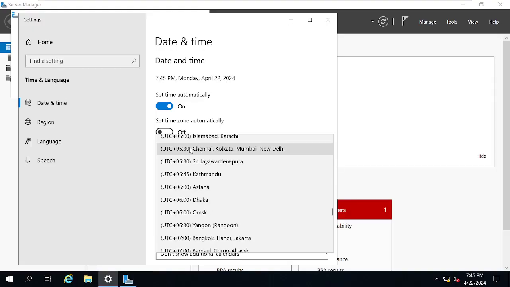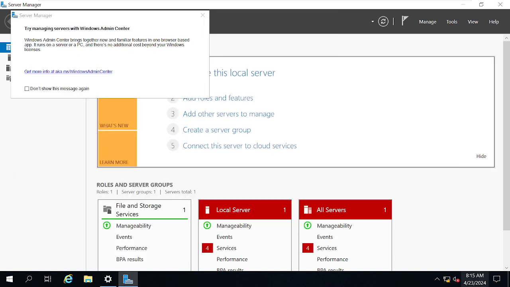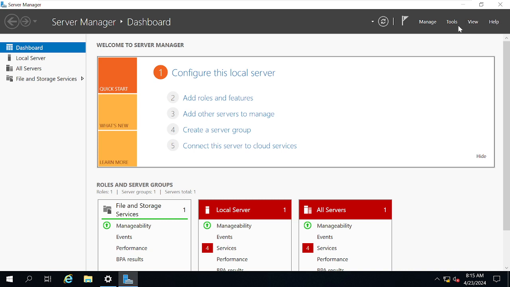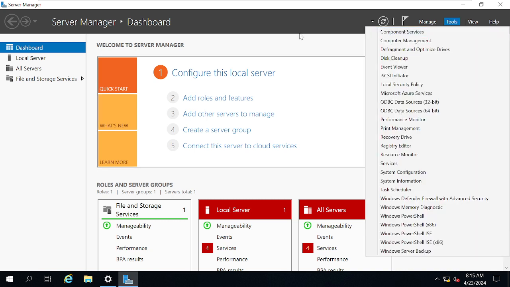See, 5:30 Chennai, Calcutta, Mumbai, New Delhi. As soon as I click on this one, my time will be getting changed from 7:45 p.m. to 8:15, because they are almost 12.5 hours back now. See, yes, now the time got changed to 8:15 a.m. So I'm good now. So now, if you look at the tools option,